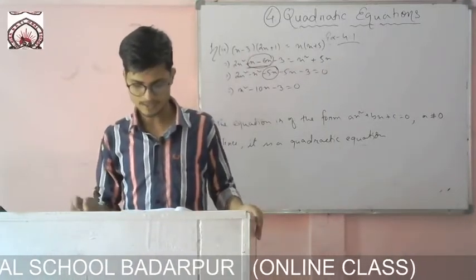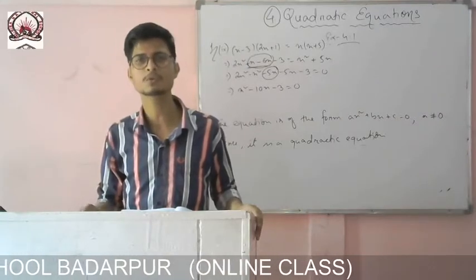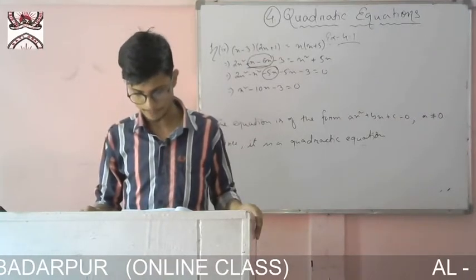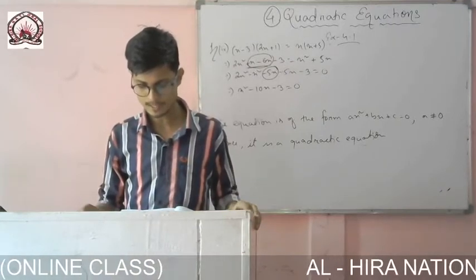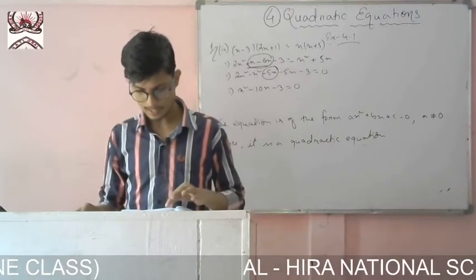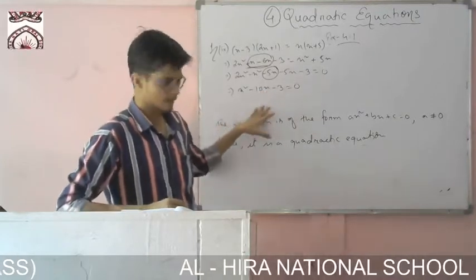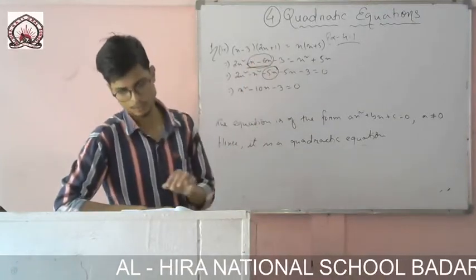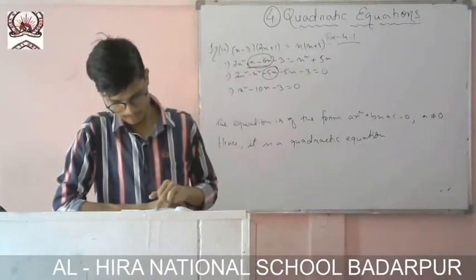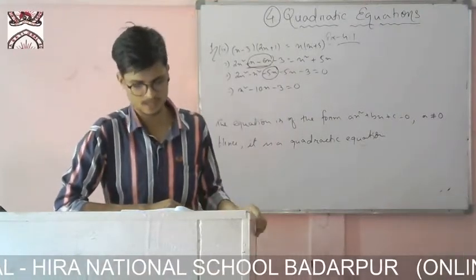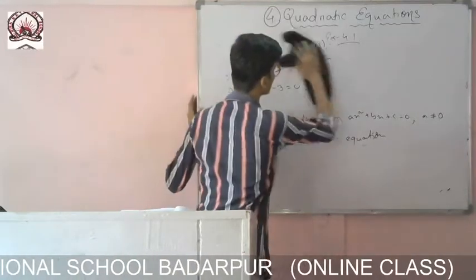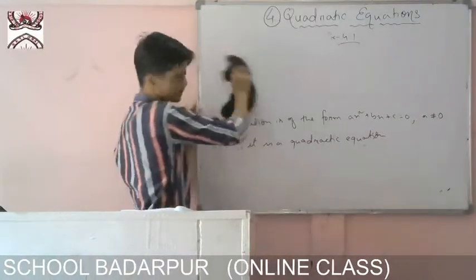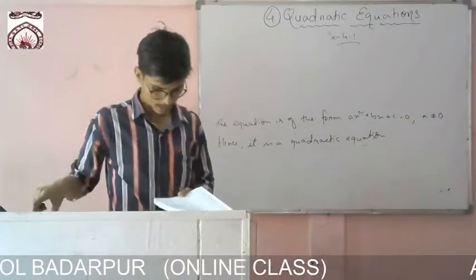Example number 2, it is given, check whether the following are quadratic equations or not. The same question. So you see the first one, x minus 2 whole square plus 1 equals 2x minus 3. Here it is very nicely done. You do like me. You just write the equation and then you solve it. After solving, you see the line is given x square minus 6x plus 8. I will write the answer. You will say whether it is quadratic or not.